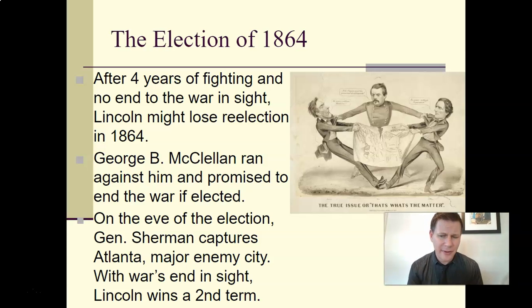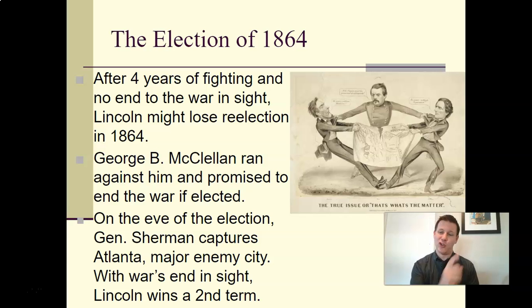People in the North still very divided. A lot of people were against the Emancipation Proclamation. It was not, again, super supported by everybody in the North. Lincoln is unpopular, and his advisors were afraid that if this election continues in the time of a civil war, there's a good chance he might lose the election. He might be voted out of office. Somebody else might come in who might try and negotiate a peace with the South, and that's exactly what happened. George B.